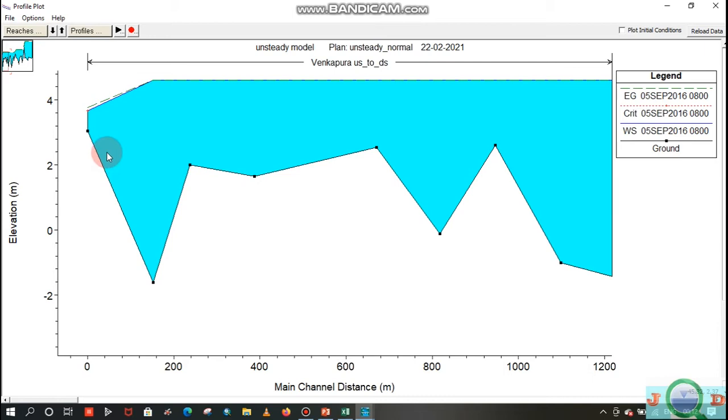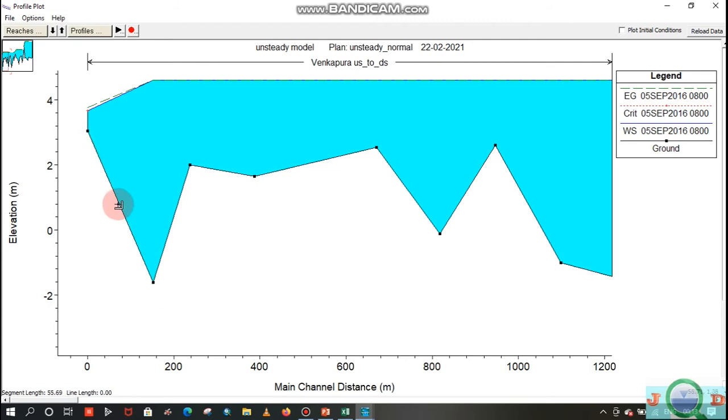We can do that, the average bed slope of each cross section, by pressing the control key. If you press control, you will get this plus mark icon here.